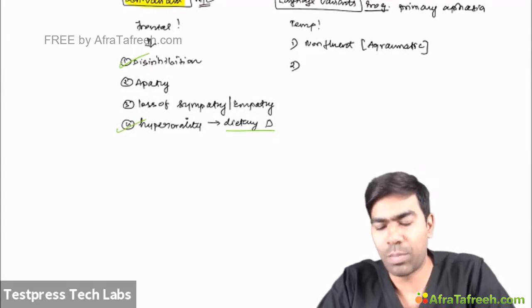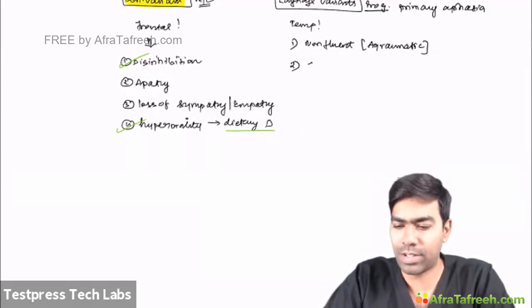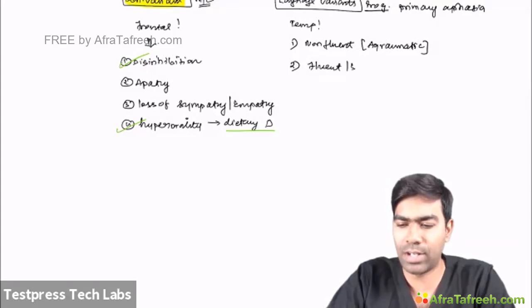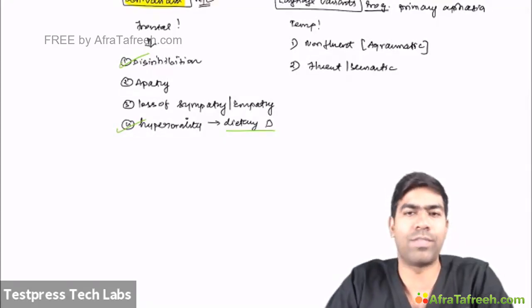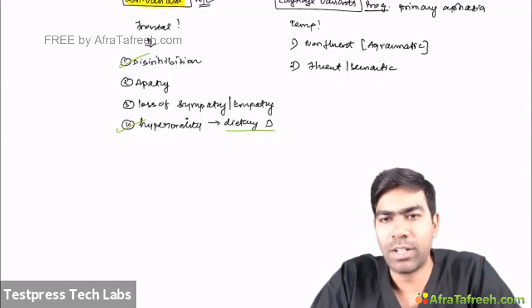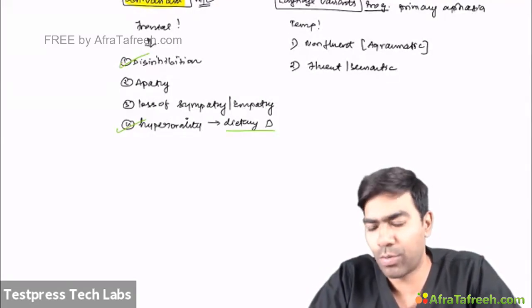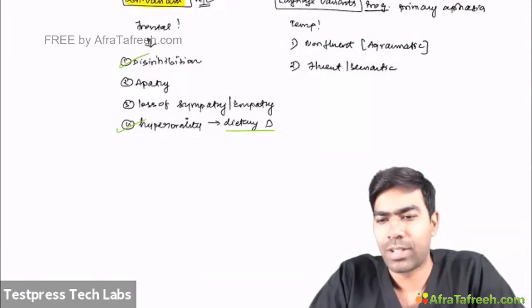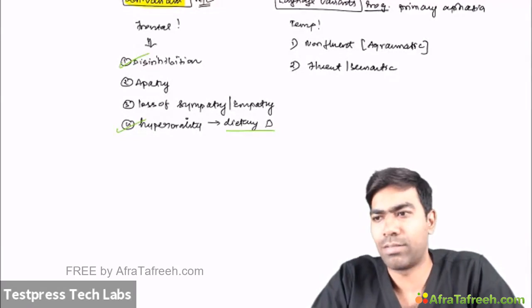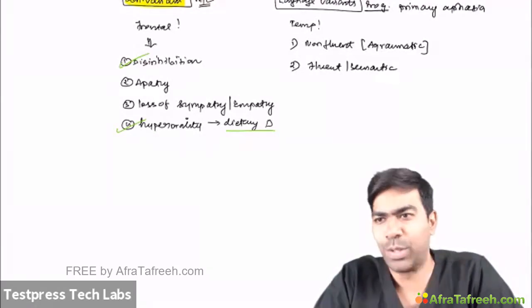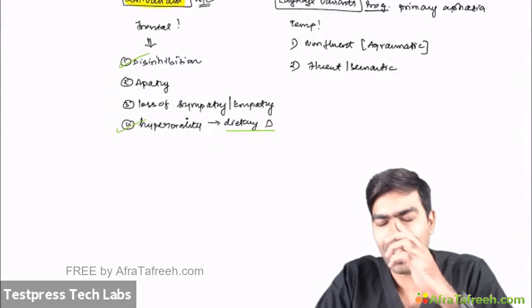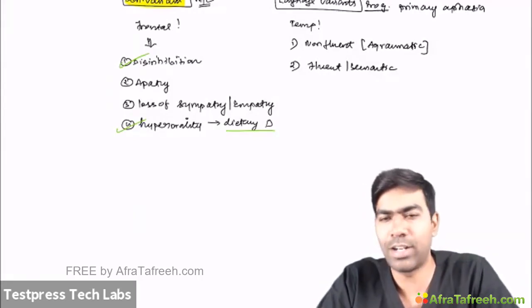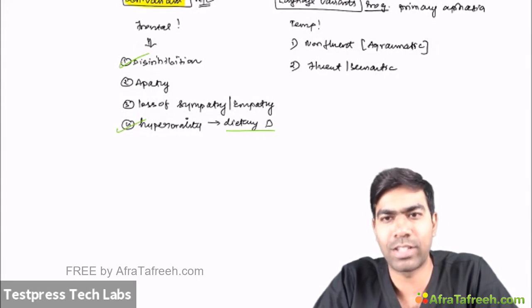And what about the other variant? That's called a fluent aphasia, otherwise referred to as a semantic variant. Fluent aphasia and semantic variant. This will be like, for example, a girl who's going to a viva voce. You can imagine the girl using words like thing, stuff. It looks as if they have normal fluency, but they tend to manipulate in between. They tell a lot of wrong things, but since the examiner is concentrating more on the girl than on what she's trying to say, they try to say a lot of stuff.